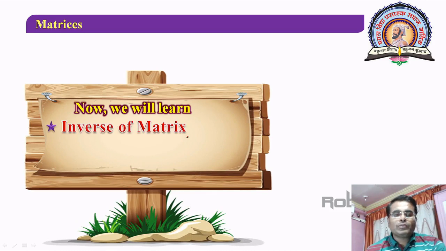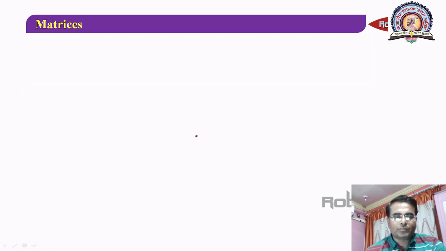In last lecture, we have already in short seen the definition of inverse of a matrix. So let us revise that, and then we will go to the actual methods of finding the inverse of a matrix using elementary row transformations or elementary column transformations. So let us start with a definition, and to understand the definition, first we must know what is inverse.